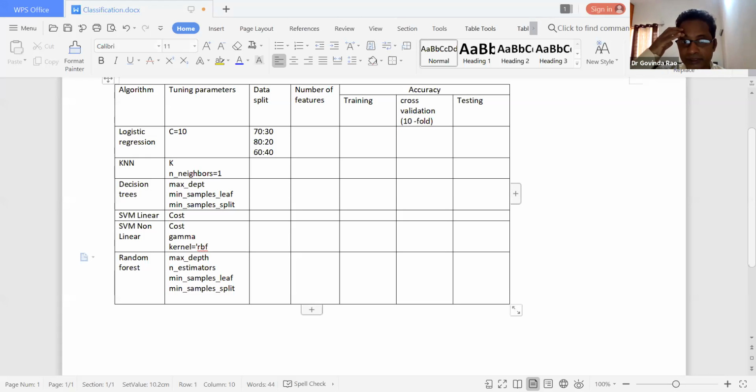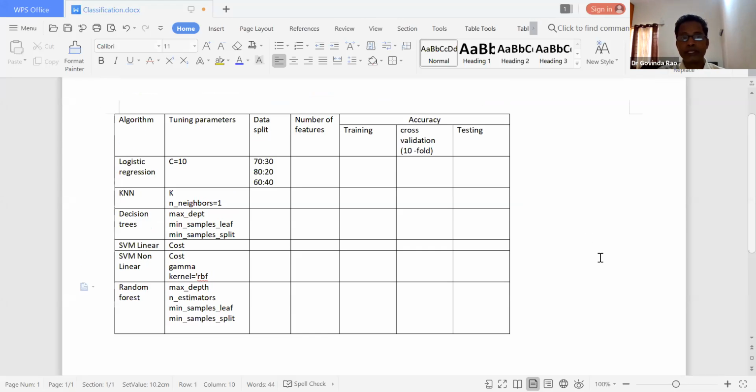So Lata is asking which is the linear and which is the non-linear. Very good question, Lata. In our algorithms, we could come to know which are the linear models and which are the non-linear models, right? Except support vector machine linear modeling, the remaining are the non-linear techniques, right? In the beginning, we talked about which are the linear and which are the non-linear, based on your data.